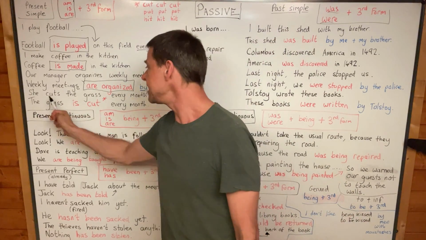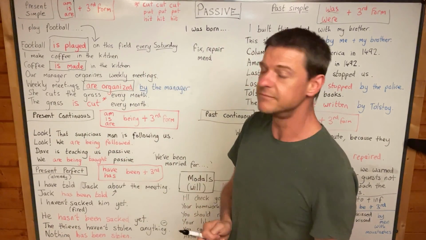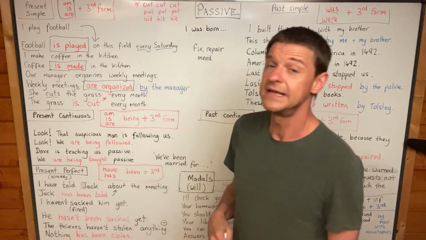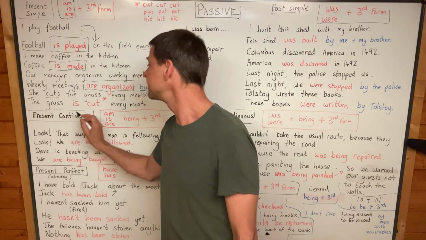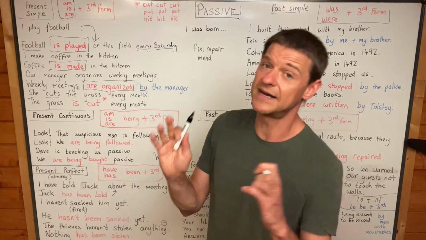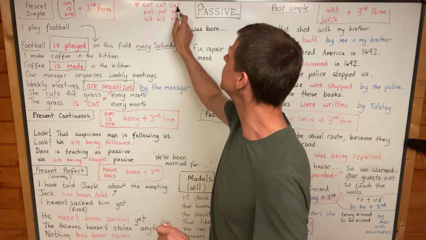Okay, so she cuts the grass every month. Okay, nice and clear. She cuts. That's the active form. In passive, the grass is cut every month. And it's not is cutted. Yeah, because cut, put,